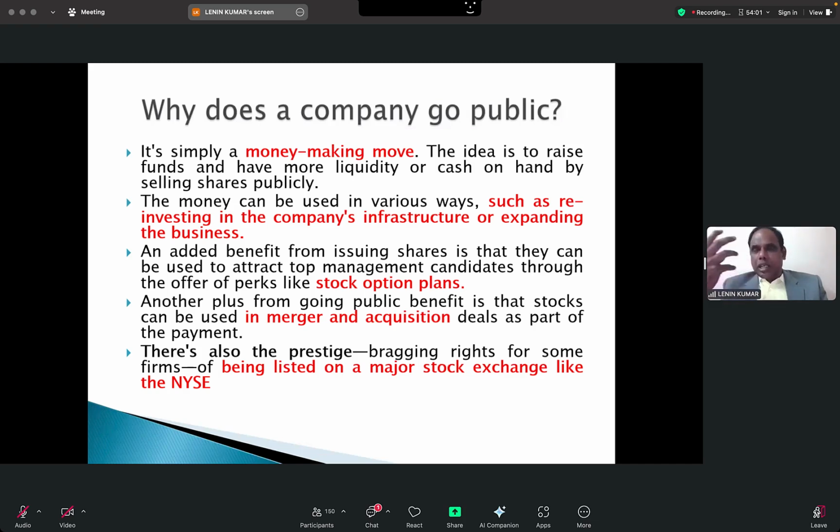Because through the IPO, whatever money they get, they will use for the purchase of another bank. Just now I told you, Rag Bank is there, Dubai Islamic Bank is there. Rag Bank is suffering from loss. Dubai Islamic Bank decided to purchase Rag Bank, but Dubai Islamic Bank is in need of money. At present, they do not have enough funds. What they'll do, they'll go for an IPO, get the money, and then go and purchase Rag Bank. That concept is normally called M&A, which is mergers and acquisitions.